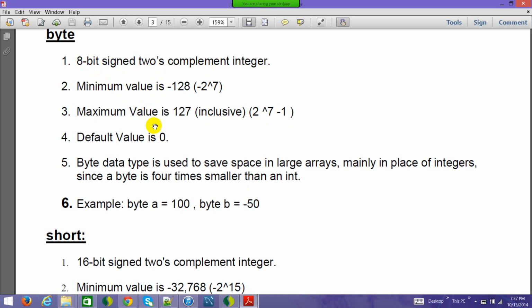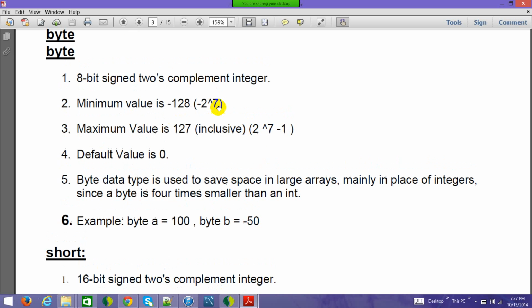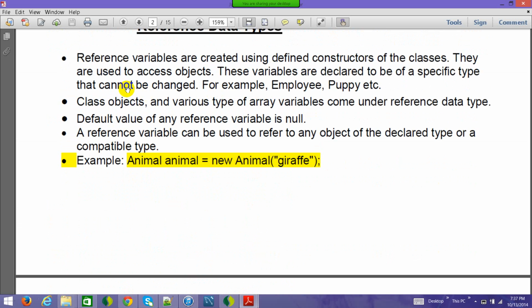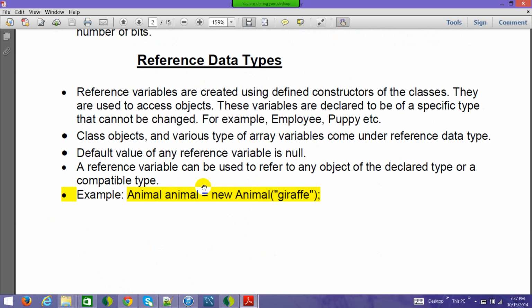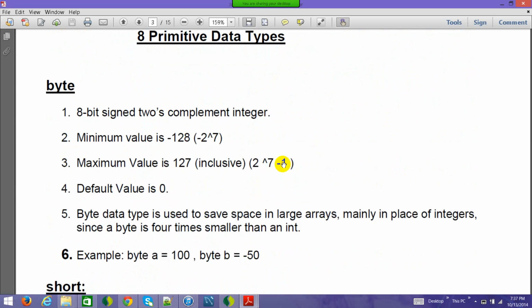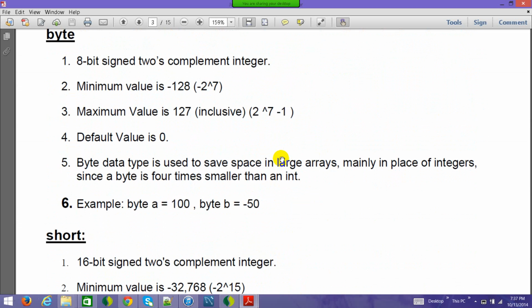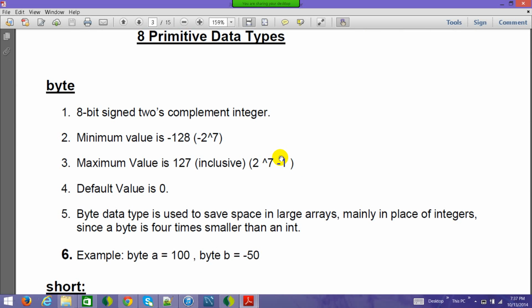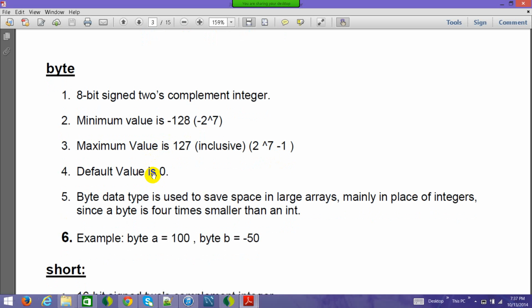Okay. Now the default value, Java has default values for all the primitive data types. Now let's make sure that we understand it. So the default value is 0, but if you go above and you see reference data types, right? Now there is no default value as such for any of the reference data types. The default value is null. So there's no assignment as such. But here in bytes or some other things, there is no null value. Null is something which means that there is no value which is defined. And here if you see, the default value for byte is 0.